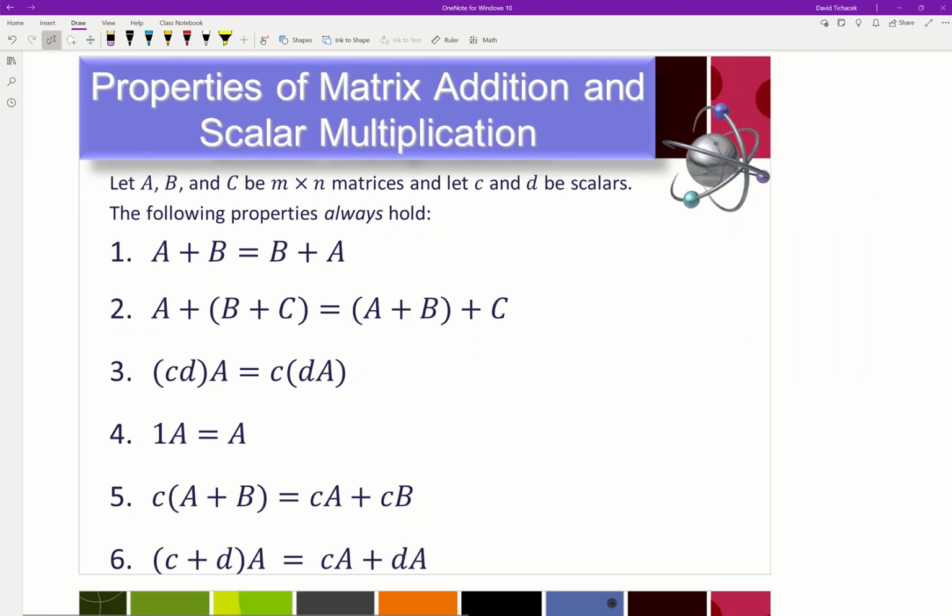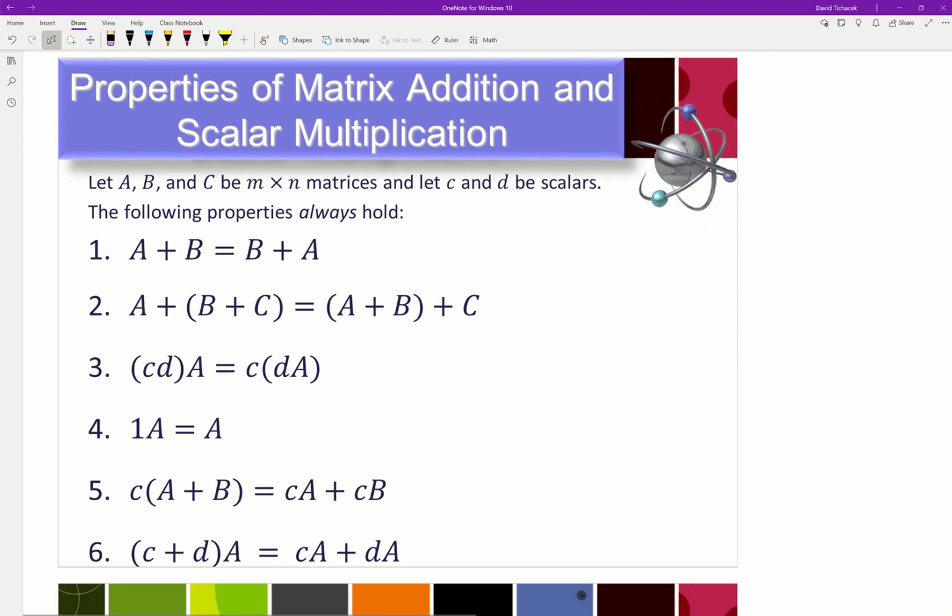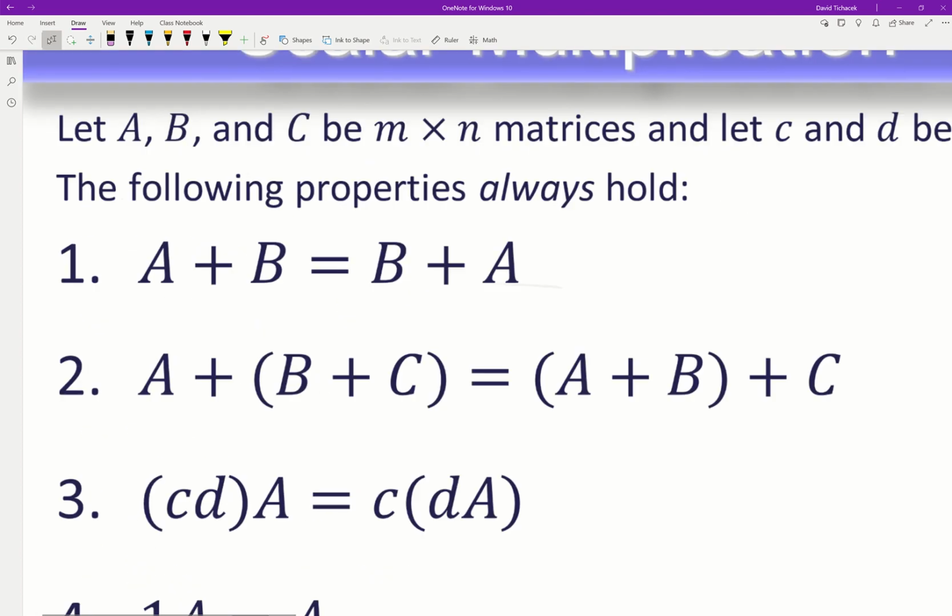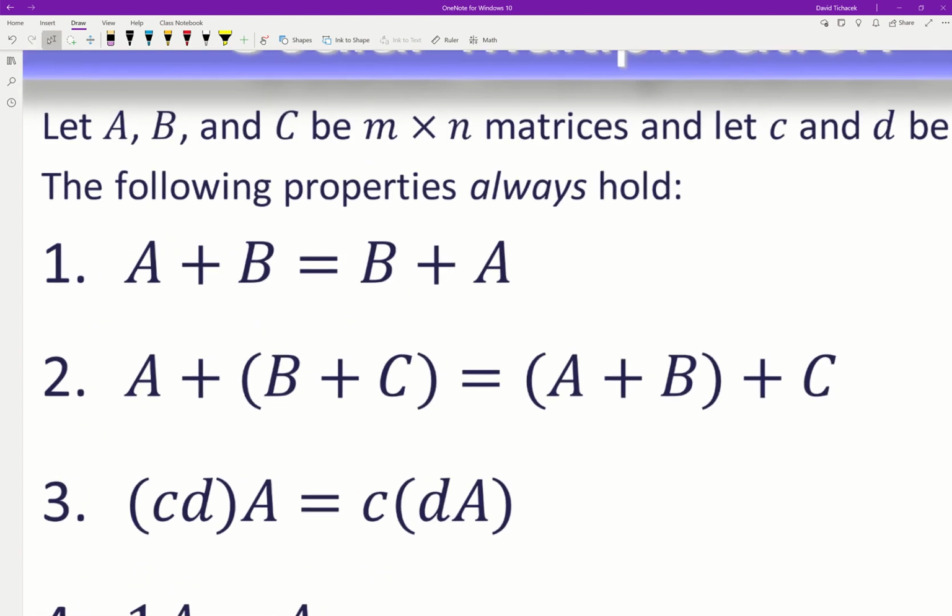This next slide just confirms for us that, so far, with the operations that we've talked about, namely matrices being equal, adding and subtracting matrices, and multiplying matrices times a scalar, this slide is basically listing all the different properties that we can say are true in all cases whenever you're adding matrices. So let's go through these really quickly. Number one, that's your